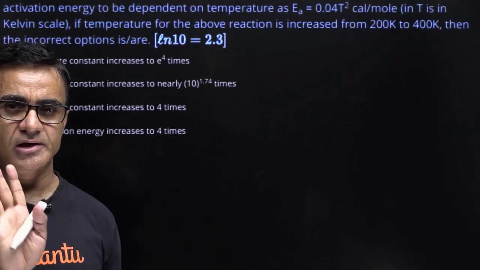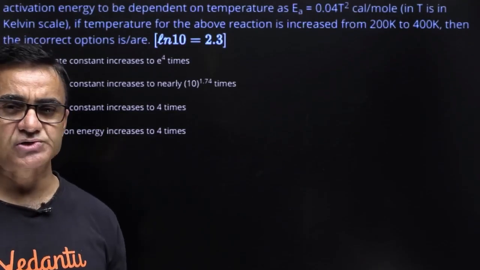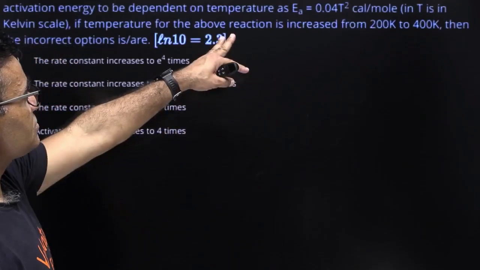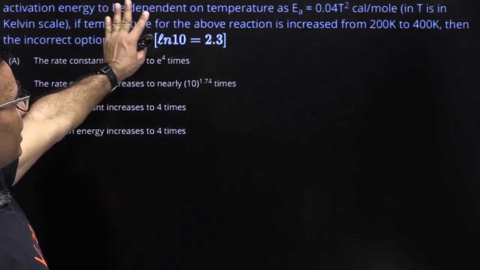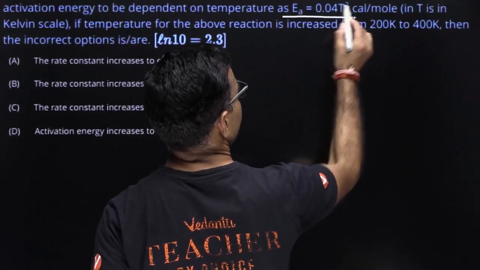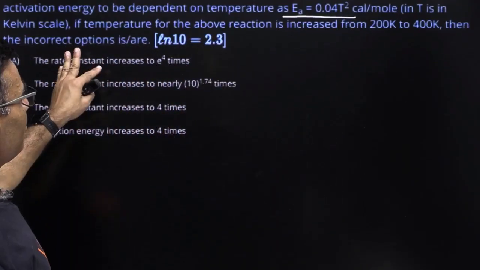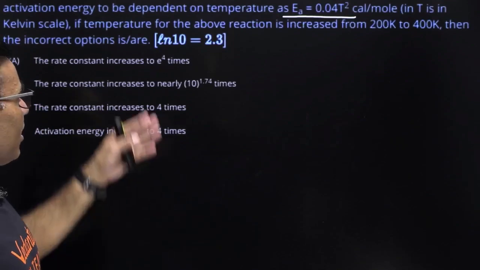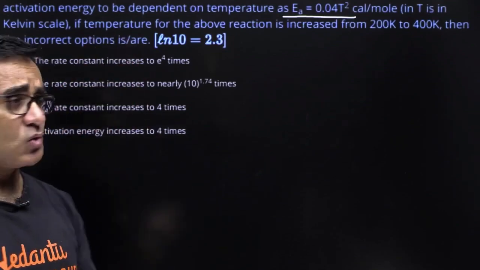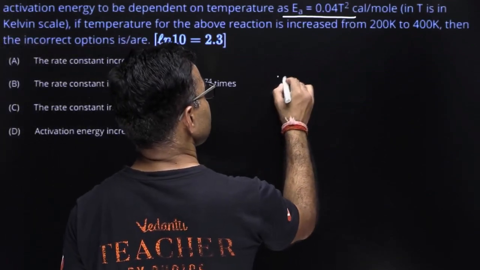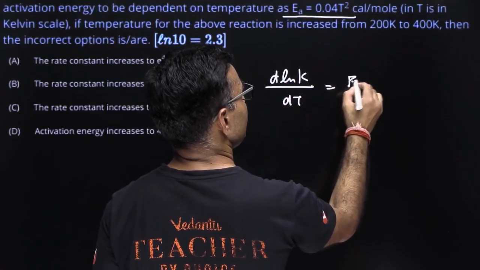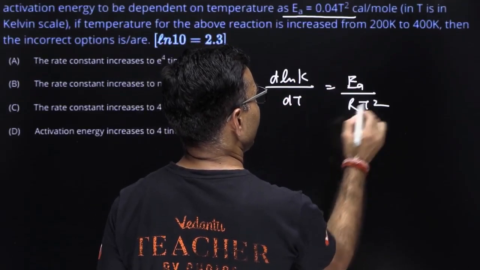जो आपके सामने क्वेश्चन डिस्प्लेड है ये केमिकल काइनेटिक्स का जो आर्हेनियस इक्वेशन वाला पोर्शन है उस पर दिया हुआ है, राइट। उसमें यूजुअली हम लोग आर्हेनियस इक्वेशन में एक्टिवेशन एनर्जी को लगभग कांस्टेंट मान लेते हैं फॉर अ शॉर्ट रेंज ऑफ टेम्परेचर। यहाँ पे उसकी डिपेंडेंस टेम्परेचर पे दी हुई है, तो रिएक्शन है एक्टिवेशन एनर्जी का टेम्परेचर डिपेंडेंस इक्वेशन दिया हुआ है, और आपको बताना है यदि टेम्परेचर 200 से 400 तक इंक्रीज कर दें देन इनमें से इनकरेक्ट ऑप्शन कौन सा होगा। तो अगर मैं बेसिक आर्हेनियस इक्वेशन उठाऊं जो कि होती है d ln k upon dT इज इक्वल टू Ea upon RT स्क्वायर,